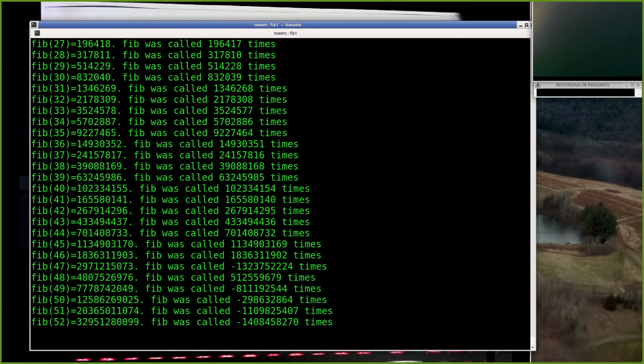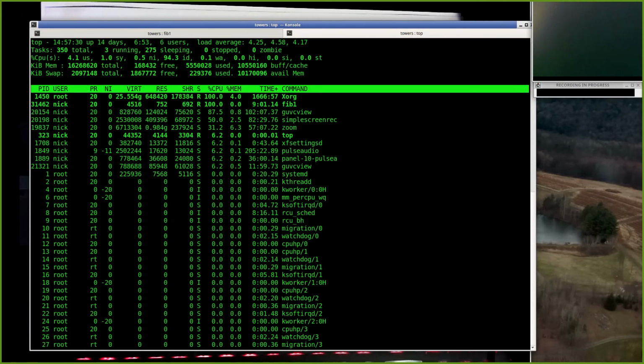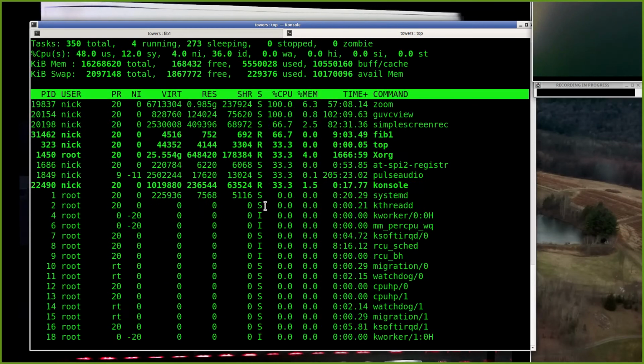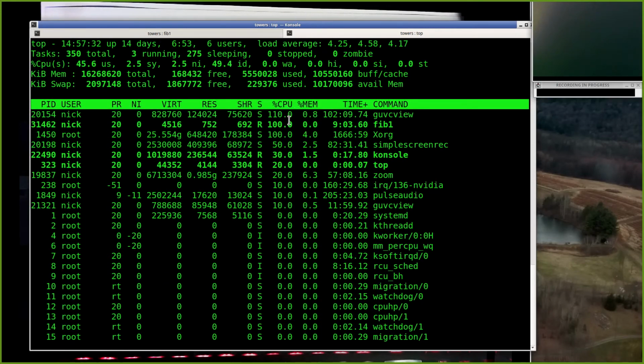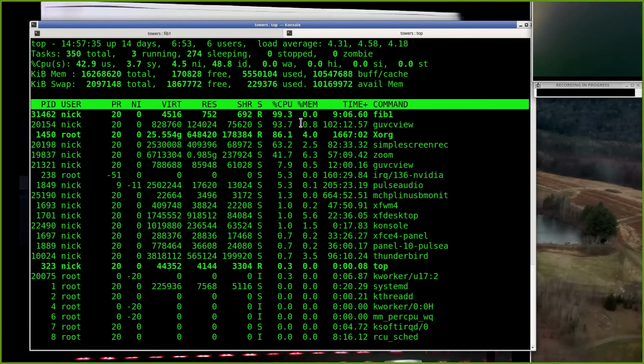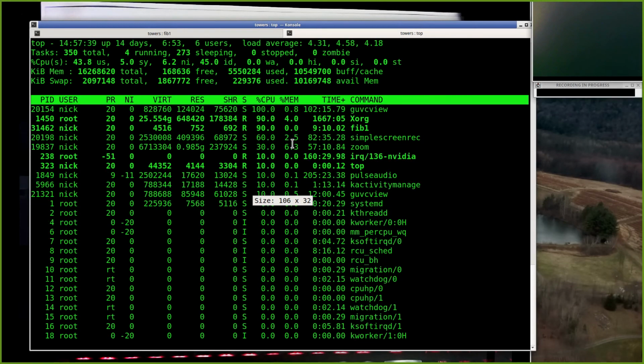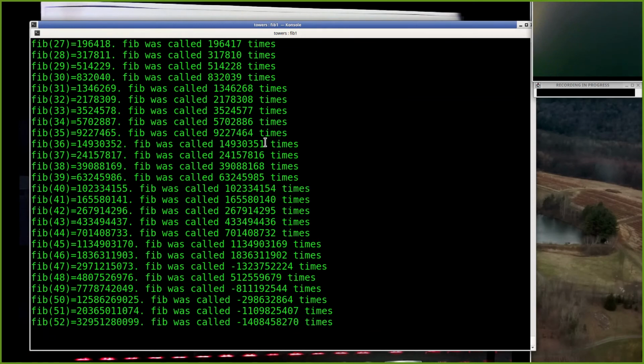All right, so let me spare this thing of its poor effort. I'm curious how much CPU time we're using. So yeah, that's chewing up 100% of the CPU, calculating Fibonacci numbers. Fortunately, I got 4 cores. All right, so let's